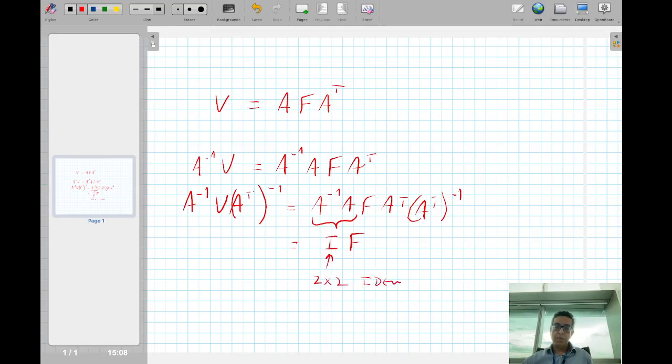identity matrix, and then this here is also just going to be the identity matrix, so this is going to be I. Okay, so we end up with, and that's just equal to F, and so we end up with F